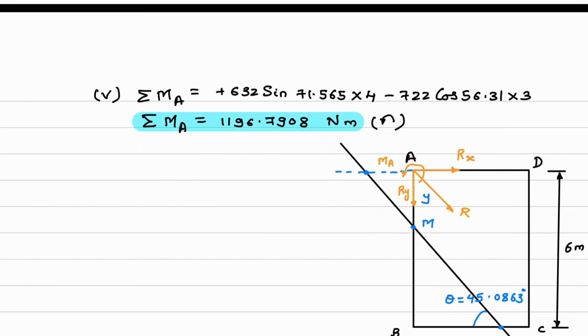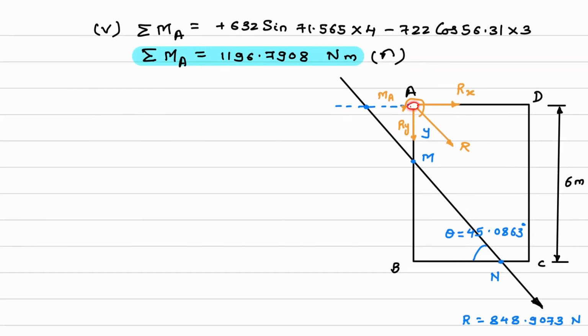So we have to shift this at this location. So what we will do, this is the resultant, then we have to draw another resultant parallel to it like this, and then you have to see the direction of moment. Now the direction of moment is anti-clockwise. Keep your thumb at A, keep your index finger at this location and rotate your index finger in the direction of the arrow, it is anti-clockwise. So this is the way in which I have shown the resultant over here. It will not be in this direction like this.